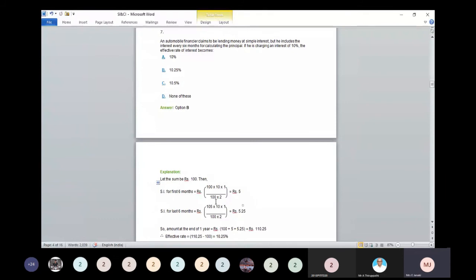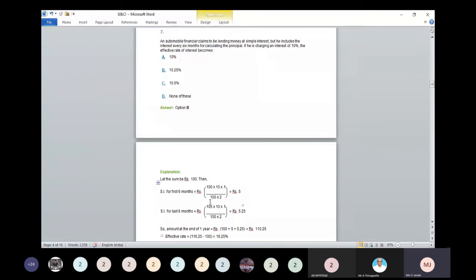So now, what is the simple interest formula? The simple interest is equal to P into R into T divided by 100. So here we don't know the P value, the principal value, but anyway we assume that value is 100. So now take P as 100 into R. The interest rate is also given, 10%. So this 100 denotes what? The principal amount. Okay, next into 10 means the rate of interest, into 6 months.